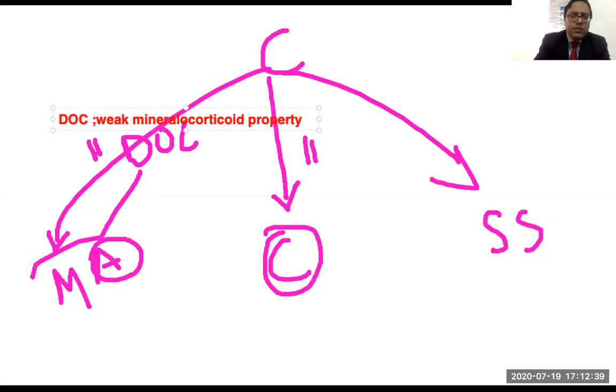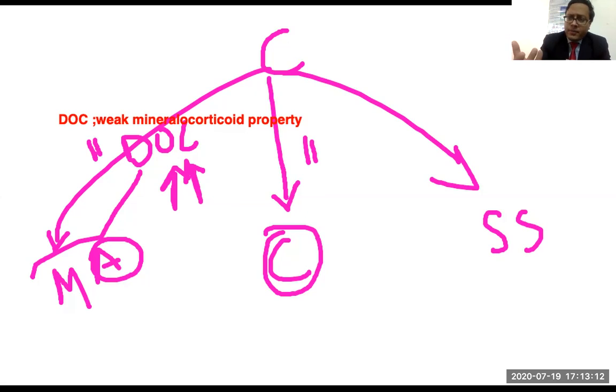So now, in this condition we are not producing aldosterone, but the deoxycorticosterone level is increasing. And this deoxycorticosterone has weak mineralocorticoid property, but if it is in abundant amount, it can cause hypertension. So you would not have the feature of mineralocorticoid deficiency as you see in 21-hydroxylase deficiency, because here lots of intermediates are produced which have